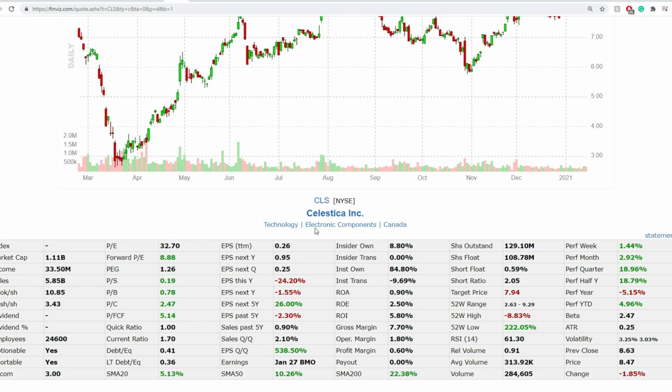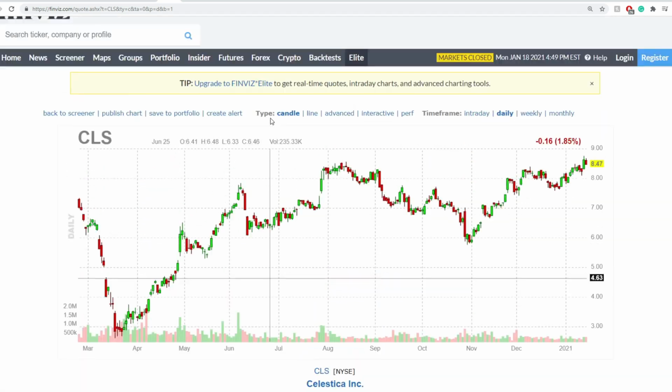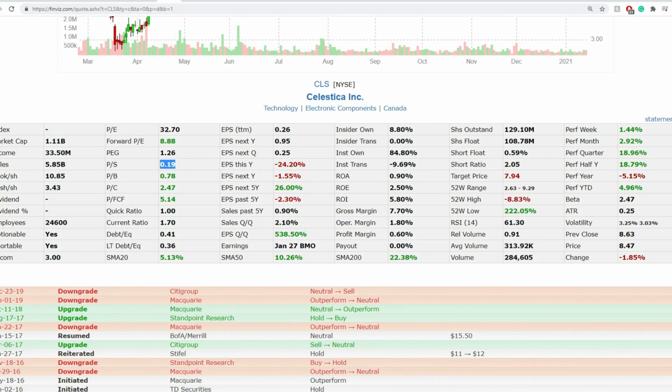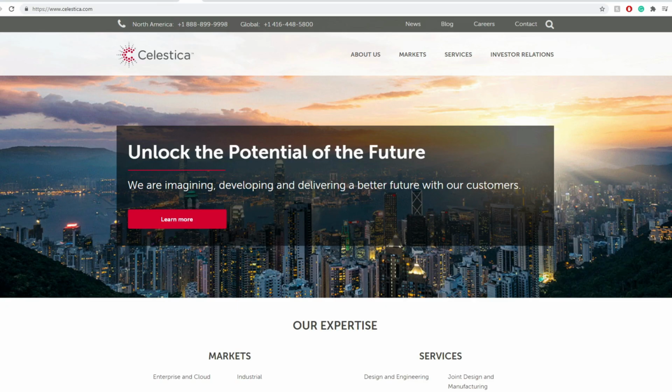This one here, I said it's interesting because electronics, it's income positive. Price over book is 78 cents. Price over sales is 19 cents. People might have actually forgotten about this one completely. I want to take a quick look into this one here and try to understand, well, what do they actually